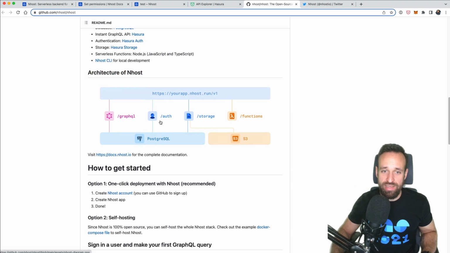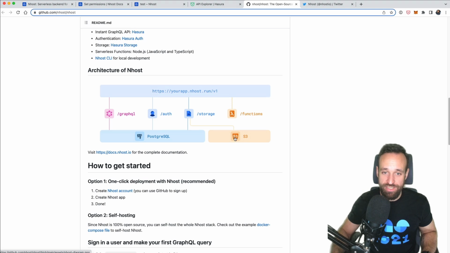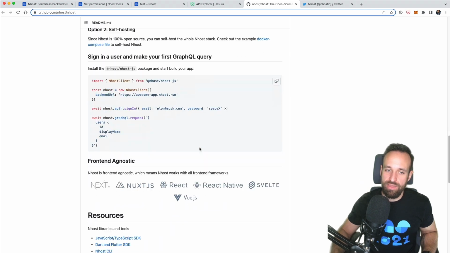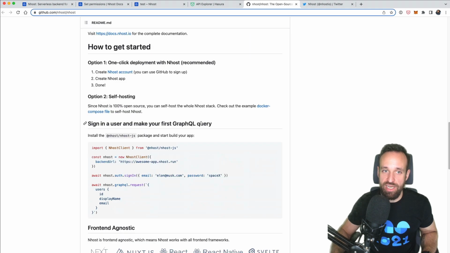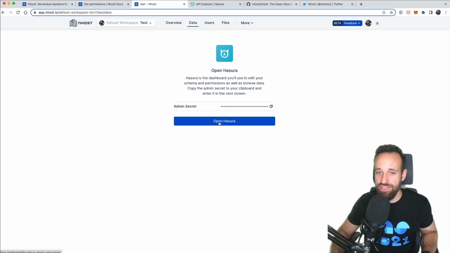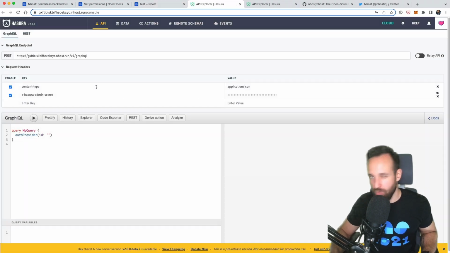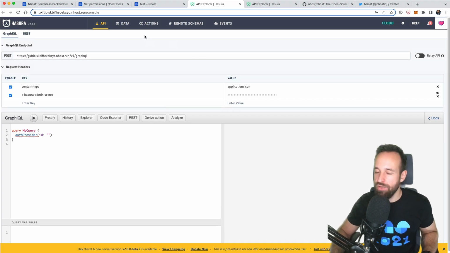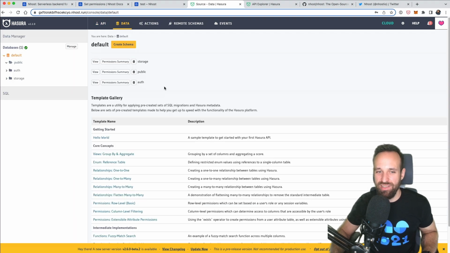Now, again, in terms of the infrastructure, here's the architecture of Nhost. We got the GraphQL and authentication based on the PostgreSQL database, and storage and Lambda functions, storage related to S3. Pretty much a very typical cloud setup, and I think there's nothing wrong about this setup. In reality, if we check out the project, we can go directly into Hasura. Once again, I haven't used GraphQL, so I also haven't used Hasura, but I read that setting up security rules within Hasura is a lot easier than with, for example, Supabase, the row level security.